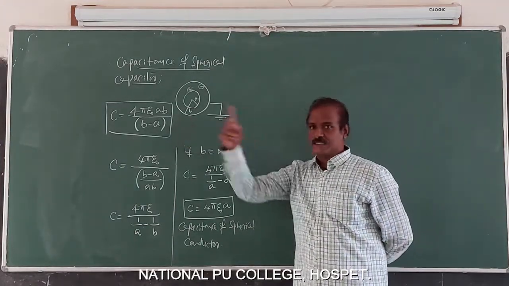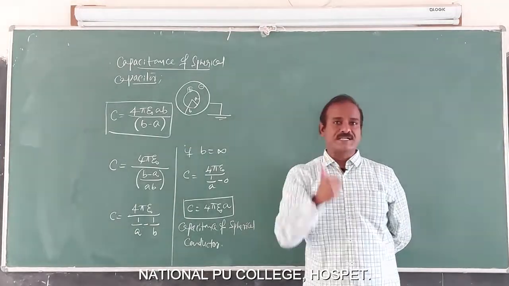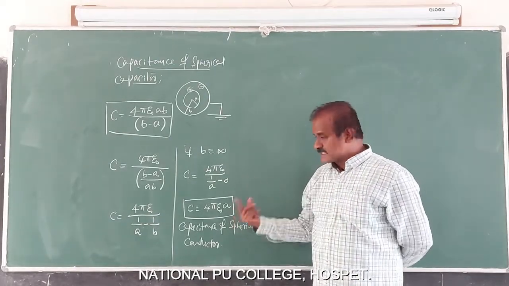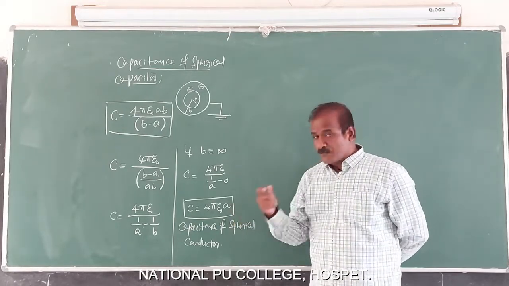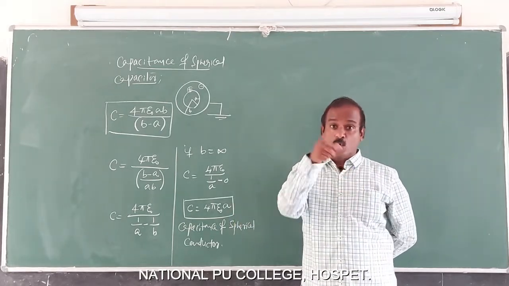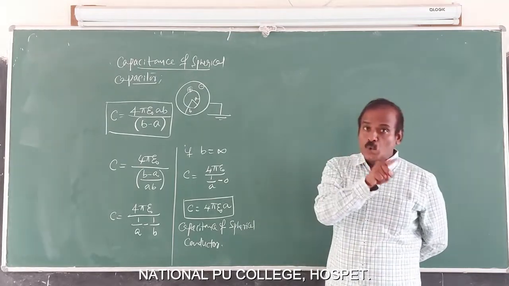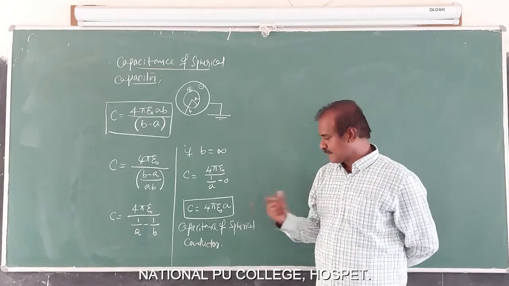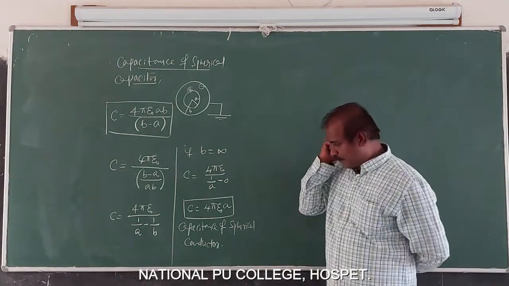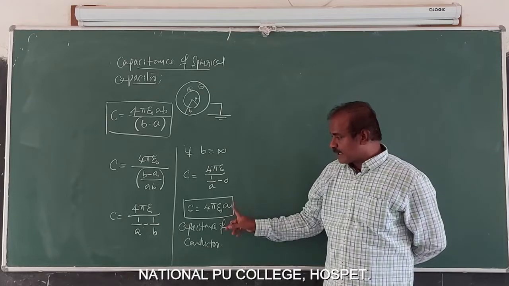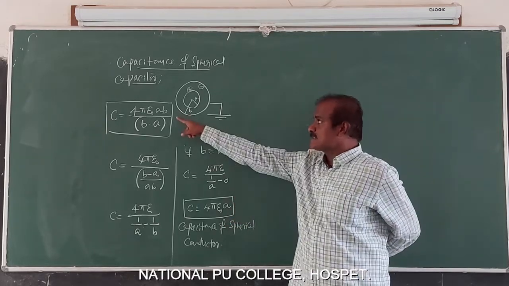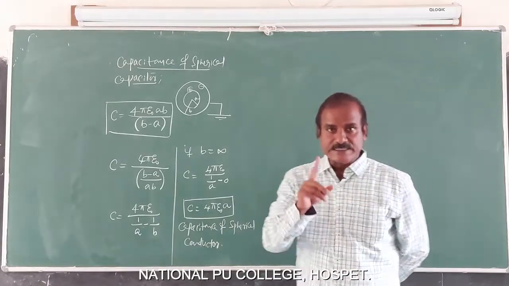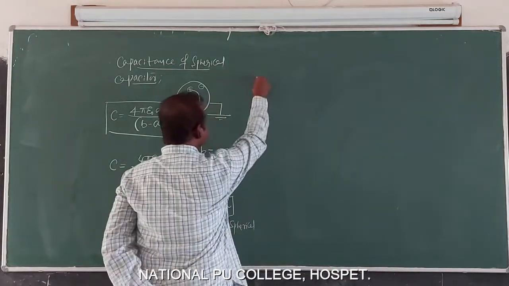This is for a capacitor, and every capacitor must have two parallel plates of any shape. This is single. This formula we wrote before knowing about the capacitor, before knowing the mechanism of the capacitor, before knowing the principle of the capacitor. Hence, now the capacitance of a spherical conductor is the same as that of a spherical capacitor whose outer conductor is at infinity. This is the conclusion you can draw.